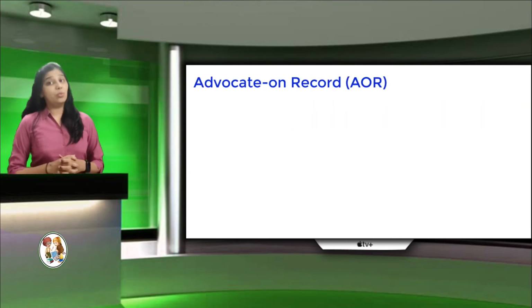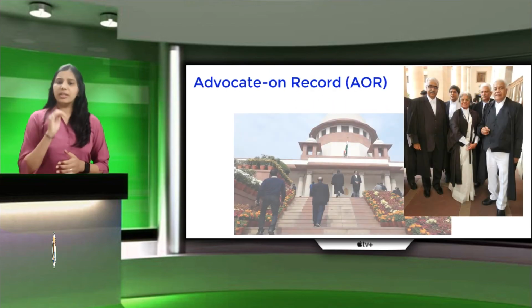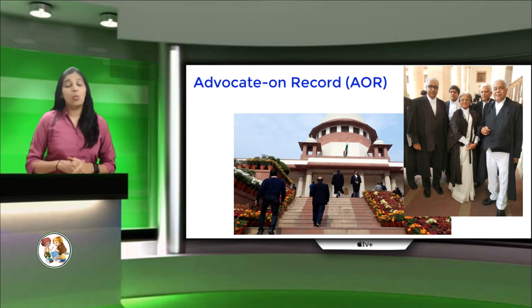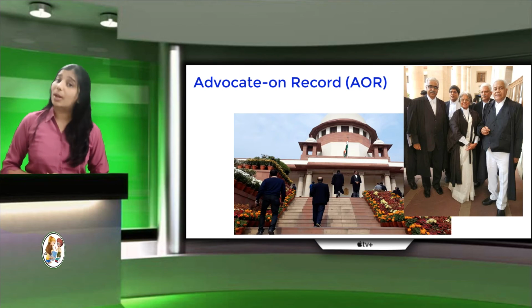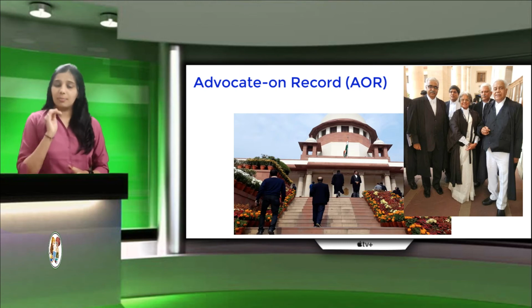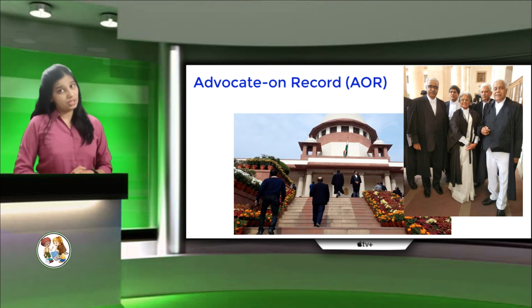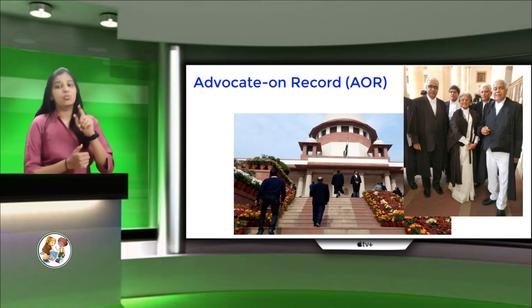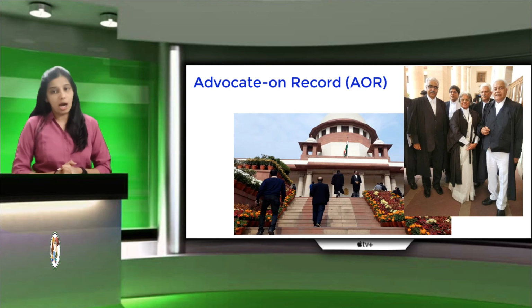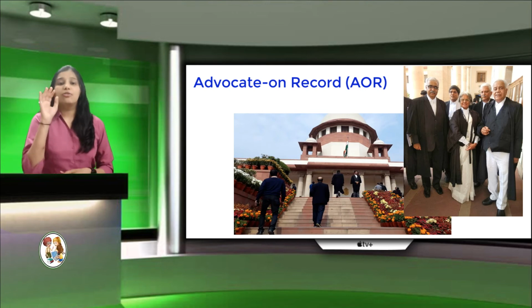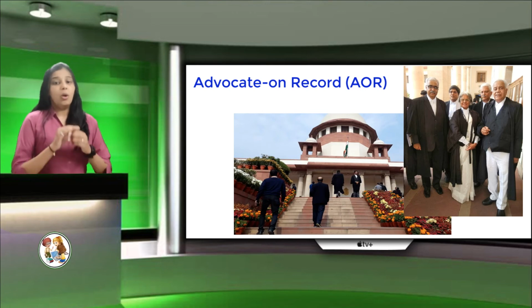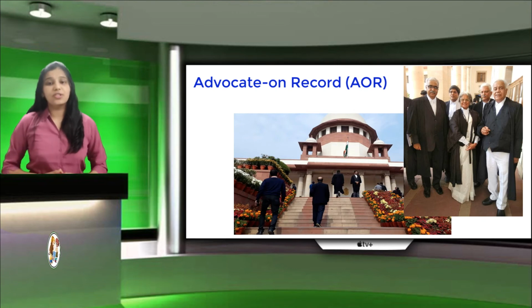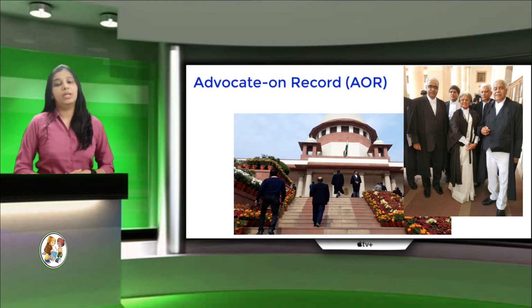Now comes advocates on record. An advocate on record, that is AOR, is an advocate who has passed a qualifying examination conducted by the Supreme Court. The examination is taken by an advocate who has been enrolled with the Bar Council for at least 5 years and has completed 1 year of training with an AOR of not less than 5 years standing. Only an AOR can file a wakalat, a petition, an affidavit or any other application on behalf of a party